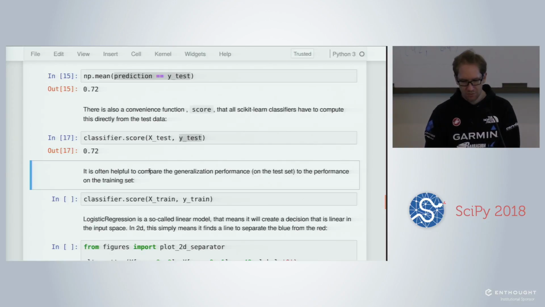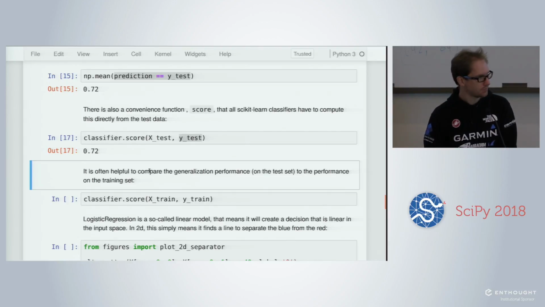We see that we have misclassifications and some others that agree. The same way as before, we can compute the ratio of good predictions, when the prediction agrees with the ground truth. And here we obtain an accuracy of 72%.